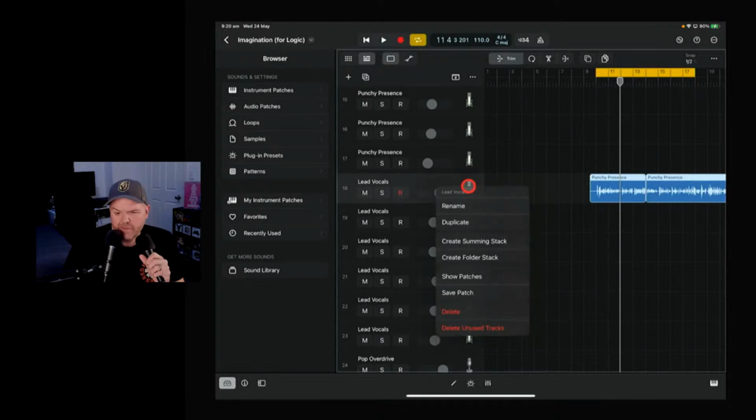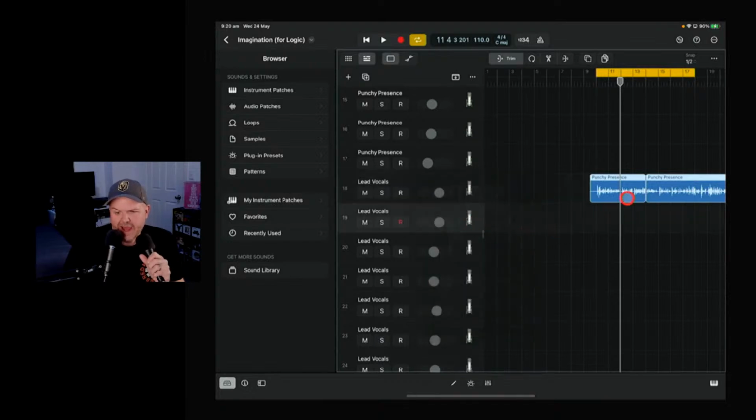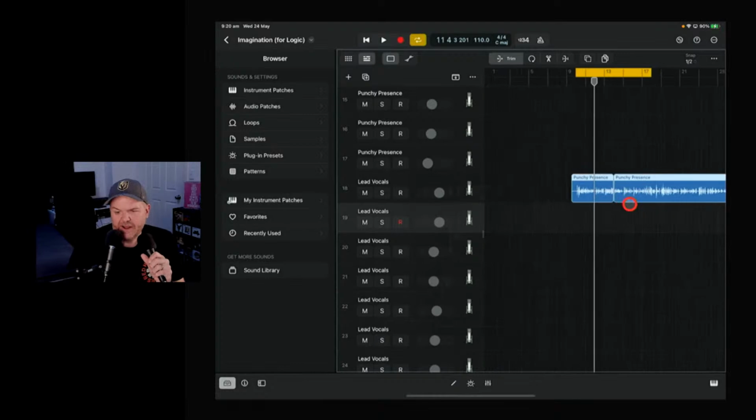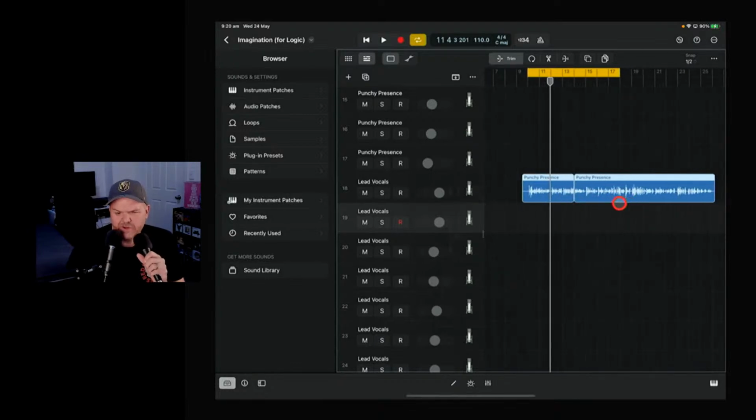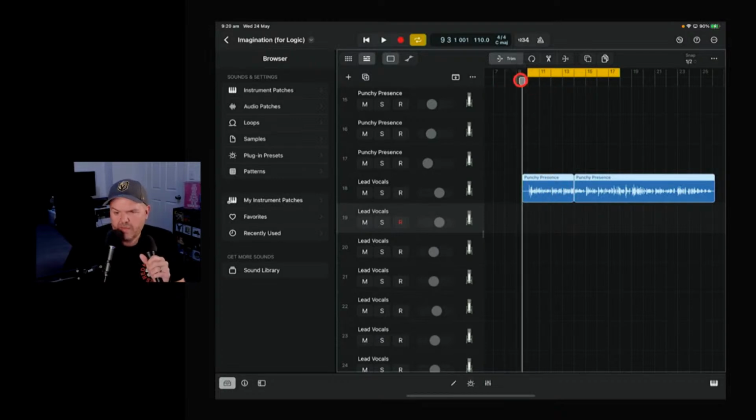What we can do is we can tap on that one, we can duplicate, and that will create a track underneath. I think there's an option to duplicate and bring the audio across too, which is cool, but we don't want to do that for this one. So we'll line this up, and we'll make the cycle go from just before there, so we've got a little bit more lead in to get to our part here. And let's record this and let's sing along.